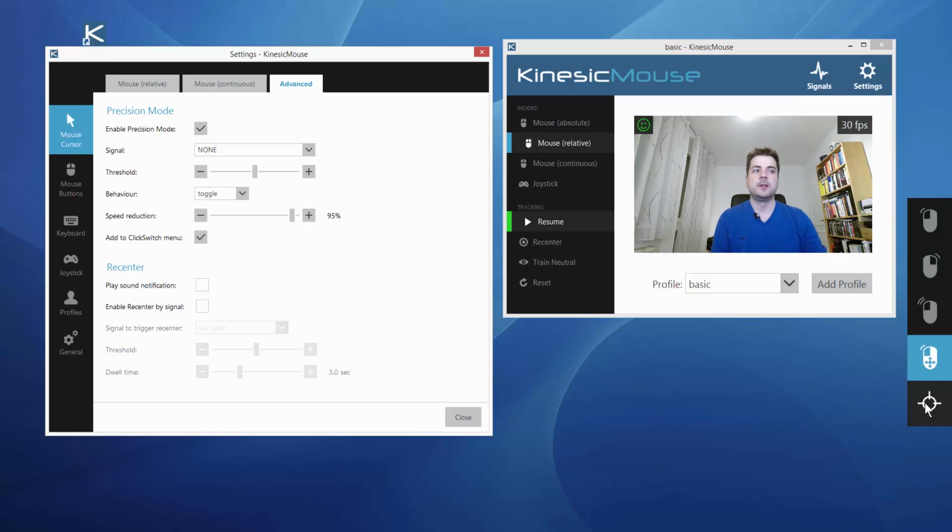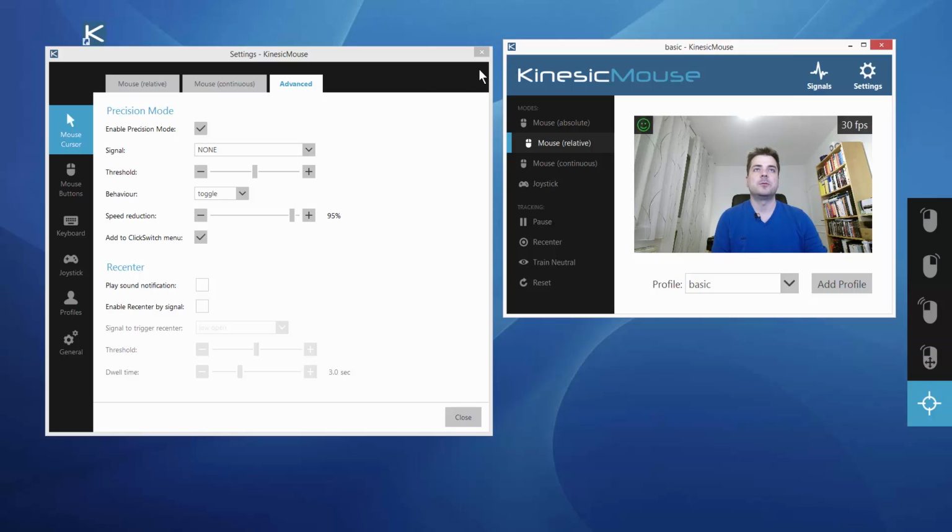You can see that the precision mode is added to my click switch menu. So I can trigger and activate the precision mode via this menu, just as the normal mouse clicks do. Let me show you this again. If I now switch to the precision mode, I can activate it.